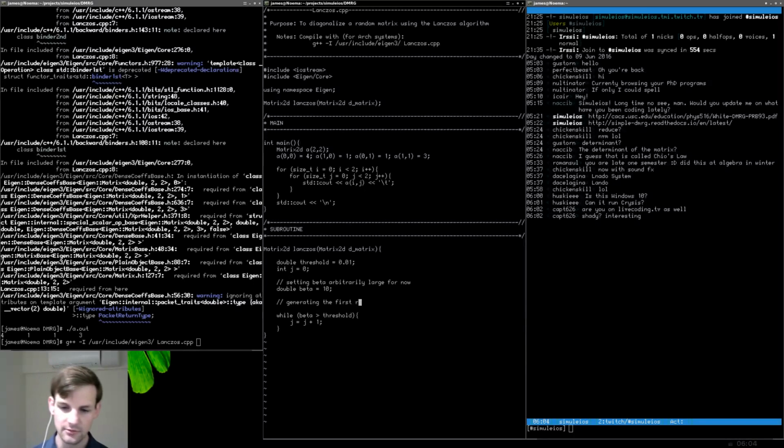Okay, so generating the first R value. I don't know what to call the R value at this point. I guess we'll call it, should we call it a radius? Because in a way, it's kind of related to a radius. What do they call it over here? So we say B is equal to R naught. R0 is going to be equal to A minus alpha. No, that doesn't help at all. So we're just going to call it